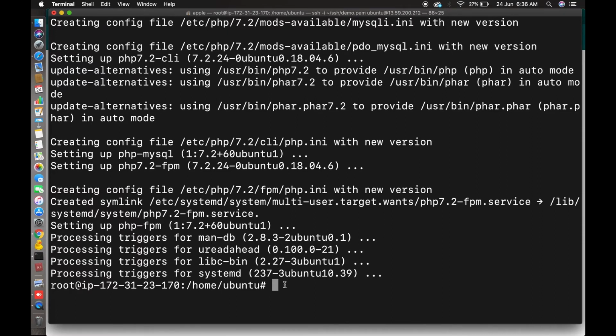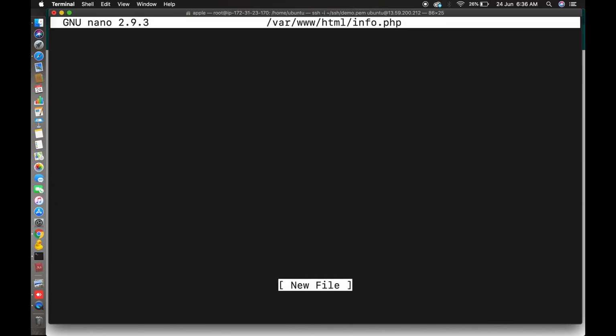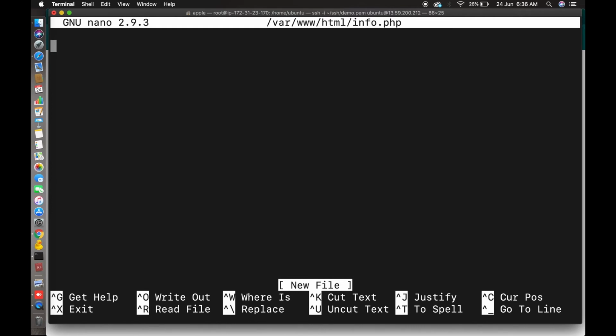Go to the terminal; you can connect directly to your server and add any PHP file. For demo purposes I will show you an info.php file, so that you can check whether PHP is running smoothly or not. Your PHP version here is 7.2, as you see. You can see it in your command prompt. So remember this.